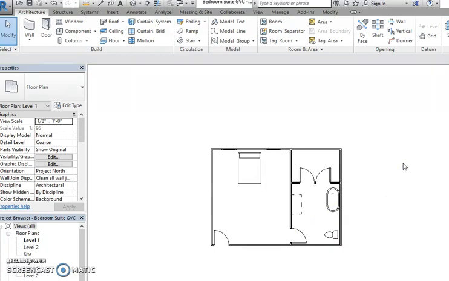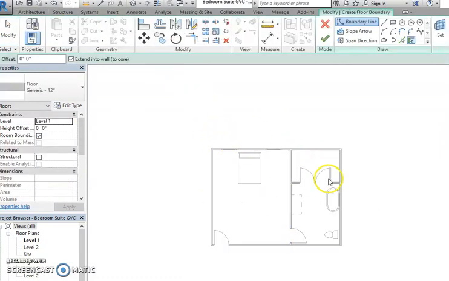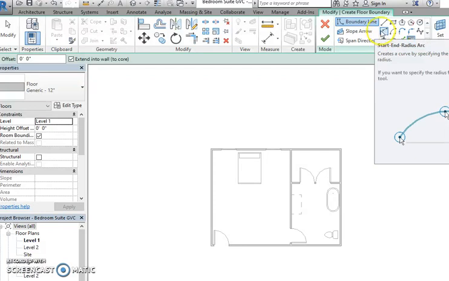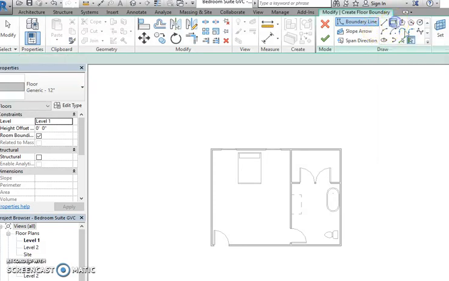Okay, another thing we need to practice doing are floors. And I'm going to use 3 different materials. So to do that, you just hit the floor button. Mine's very simple, so I'm just going to use the rectangle tool. Some of you where you have like a cutout, do your rectangle rooms first, and then go back and use the line tool. They can overlap. And then if you have an arc, you can do that as well. I know one of the students in class has done that. So